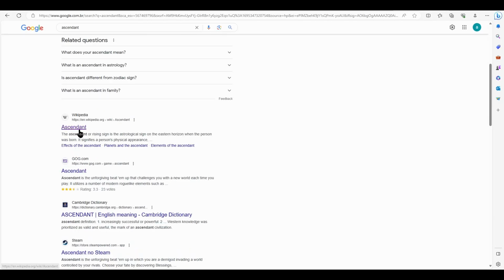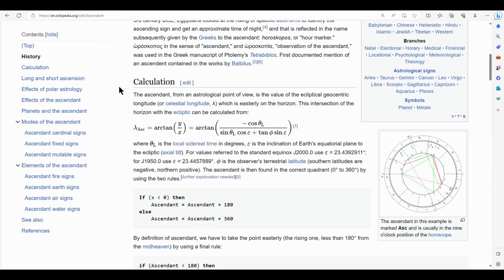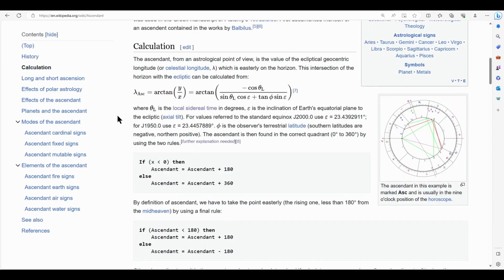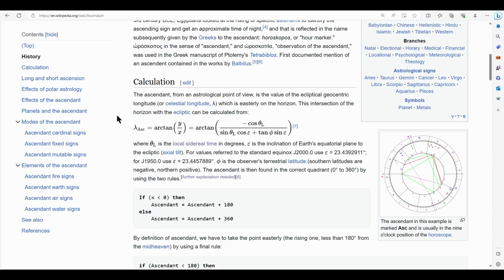Let's find the Wikipedia. Wikipedia is teaching here how to calculate the whole thing actually. I'm going to read all this, get the step-by-step and explain what he's trying to tell us, and we're going to, at the end,